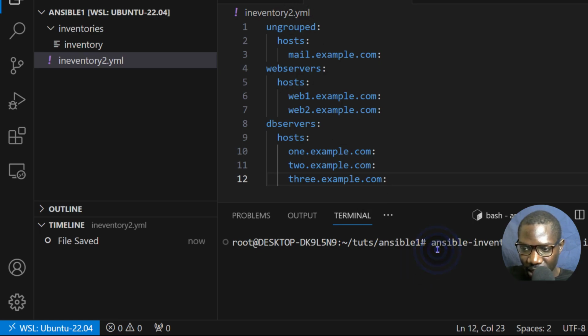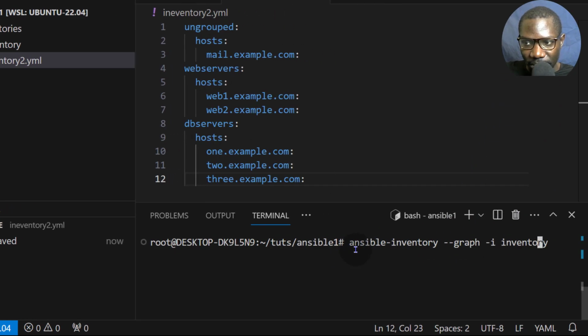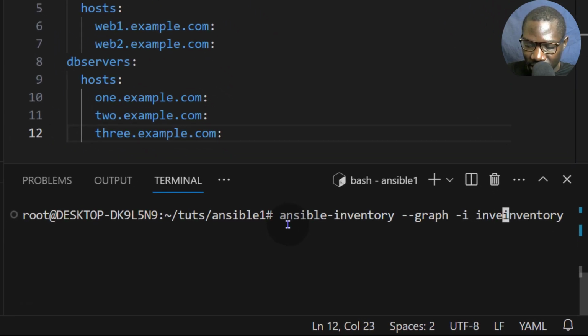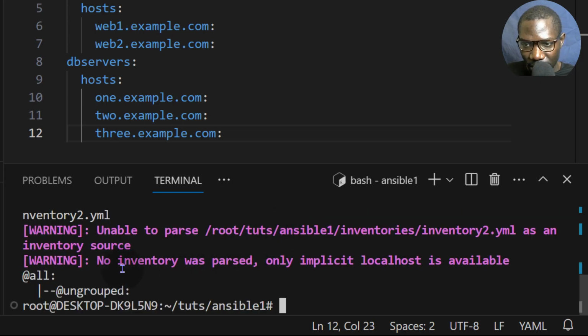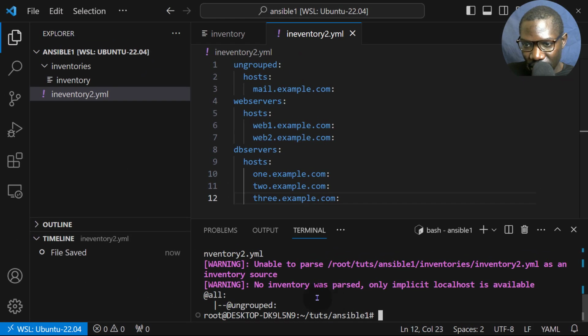Let's just bring this up again. And for this one -i, we want to use, so we have to go inside of this inventories/. So this is just a path to where your inventory is. So we have to go inside of inventories, and we want to work with the second one, YAML. Unable to parse, inventory2.yaml as an inventory source. No inventory was passed. So let's see what is the issue here.